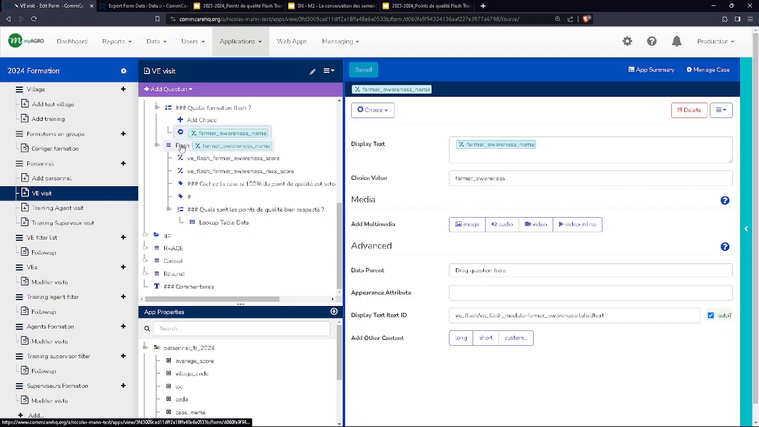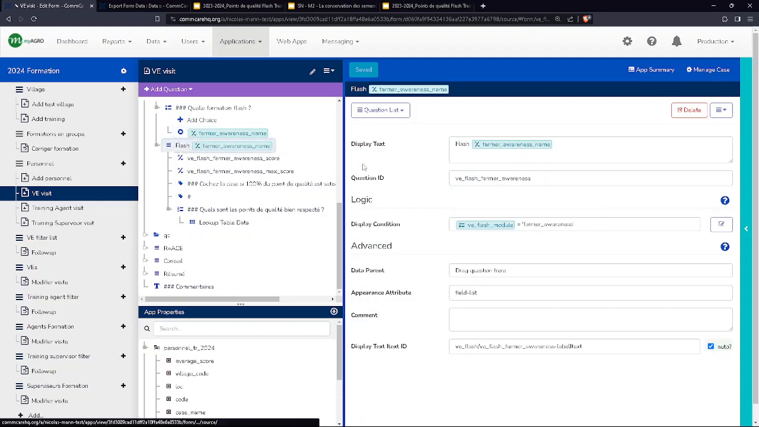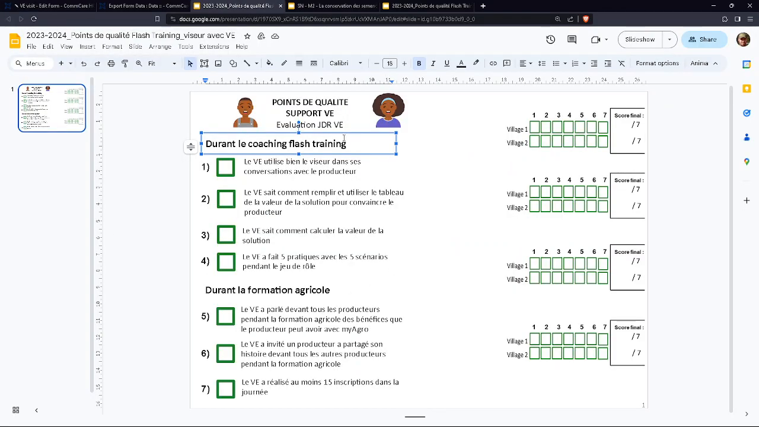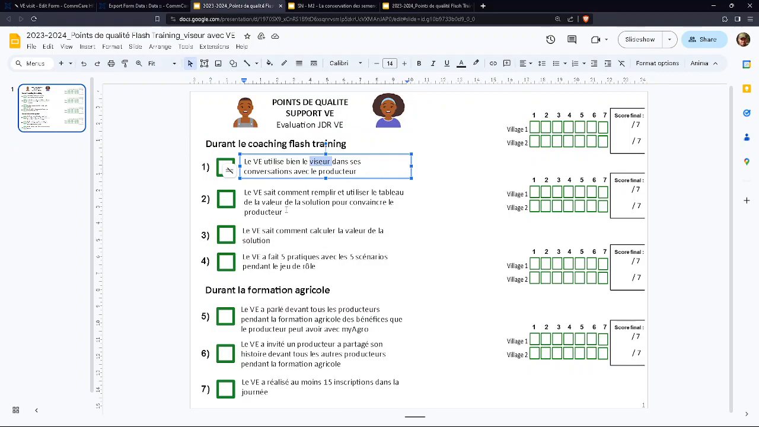So we've got here the only option up till now was farmer awareness, and that led by default to this flash training selection. So what we need to do is add another option and then duplicate this and change what we need to change so that it matches up with these quality points. So how are we going to do that? We can take a look at what's the topic here. And I'm pretty sure we can call this